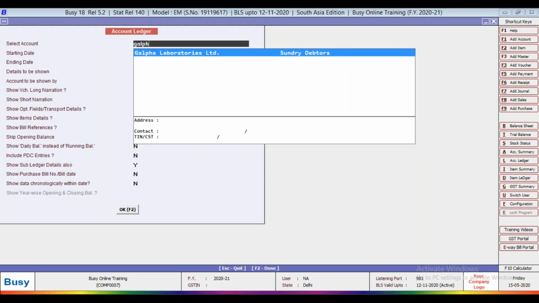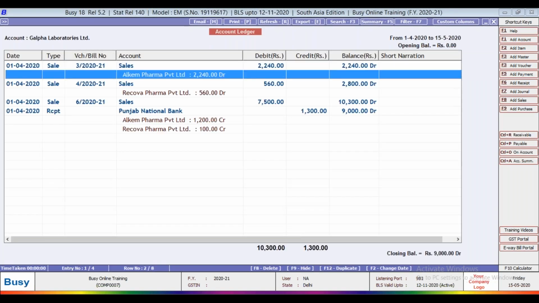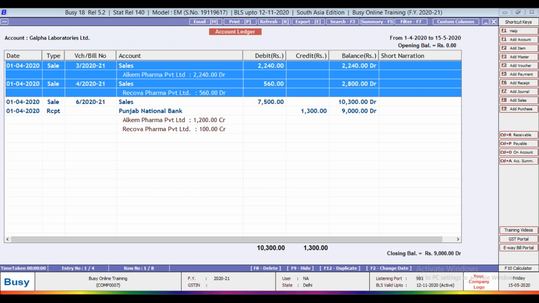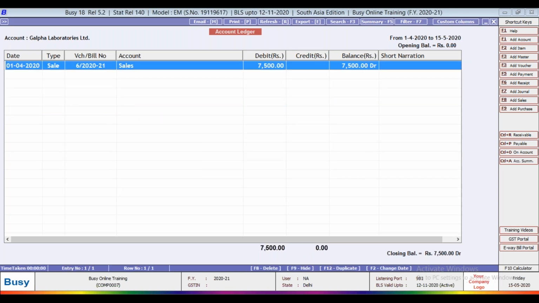Now check Kalpa Laboratories Limited. Before that, I have deleted these vouchers and this report also. Now this is 7500, but I have made an invoice of 100. So the invoice shows only dollars in dollar currency, but in the ledger report you can check your report in INR also.